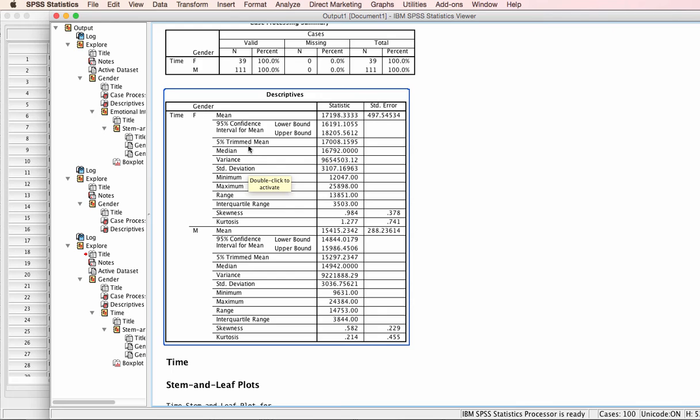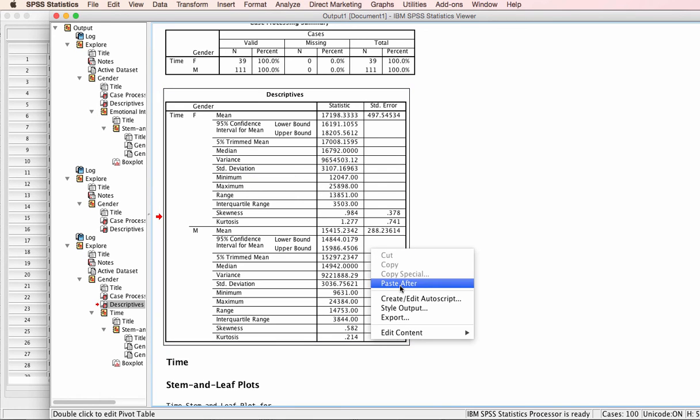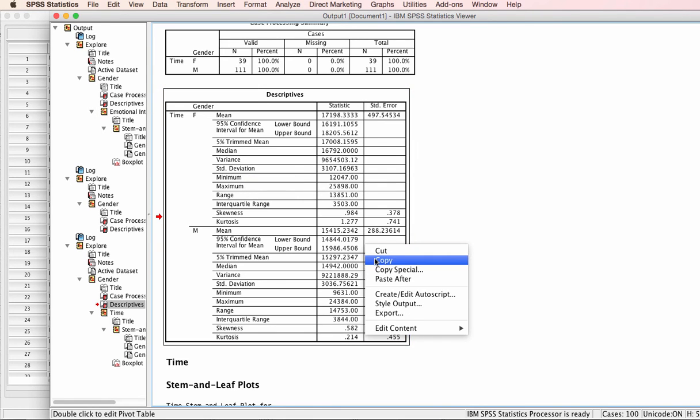Now, some of these descriptives are things we haven't talked about, and some are things we won't talk about within this course. However, we still do have the important information: the female mean, the male mean. We have the standard deviation for both and the median for both. So we have all that important information captured in this table for comparison. We can then copy and paste this table into a Word document,